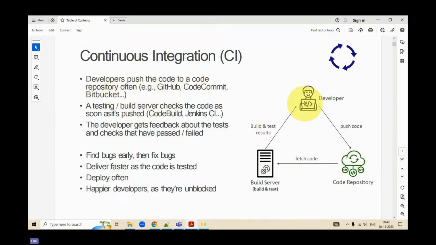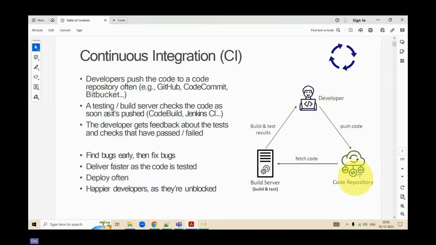Now, assume that a developer pushes code to a code repository. This is a developer, this is your code repository. The moment he creates the code, he pushes that code into this repository. This repository is generally GitHub, CodeCommit, or Bitbucket, right?